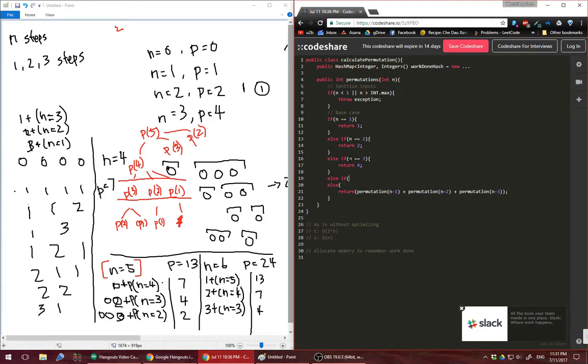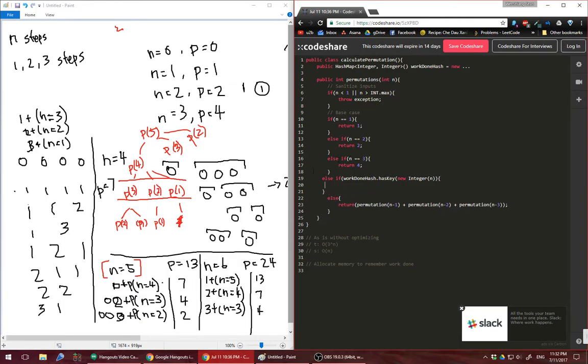Else if work done hash dot has key of integer, I'll just make that an object integer n, then you immediately return it. Return work done hash dot